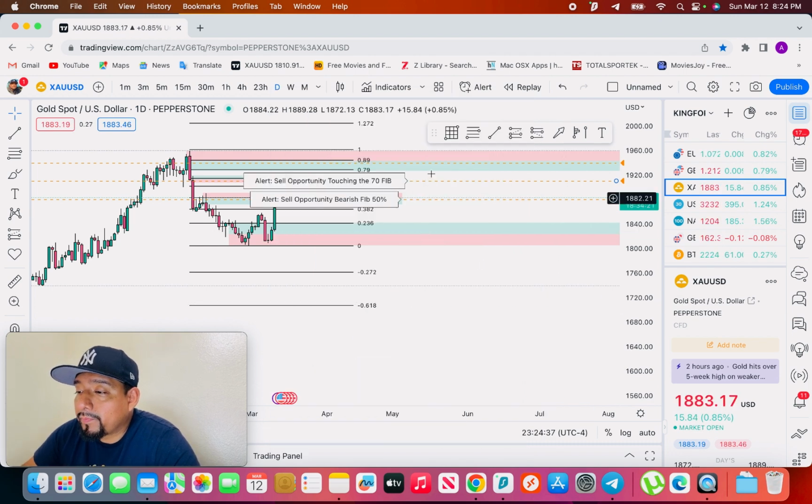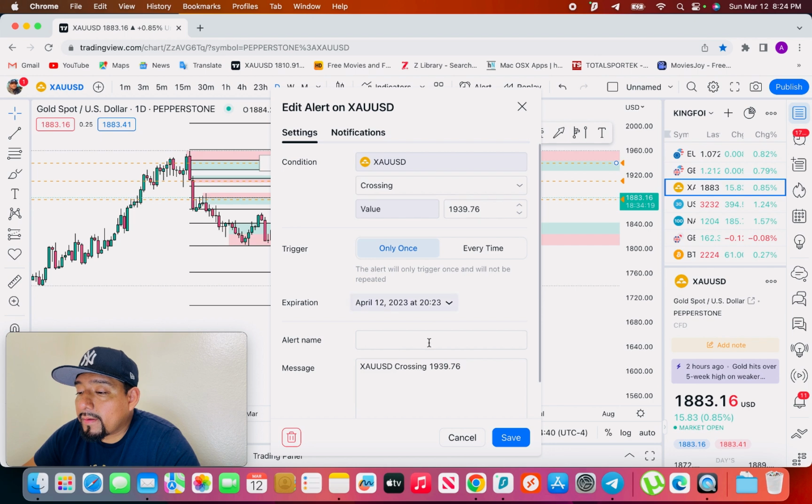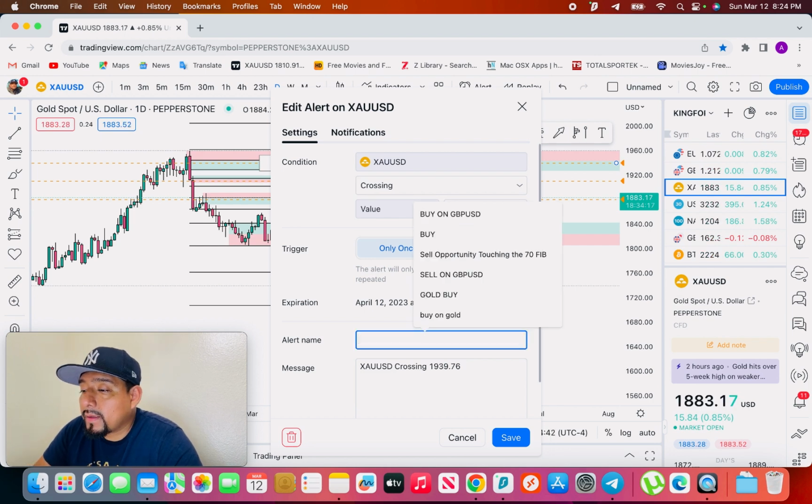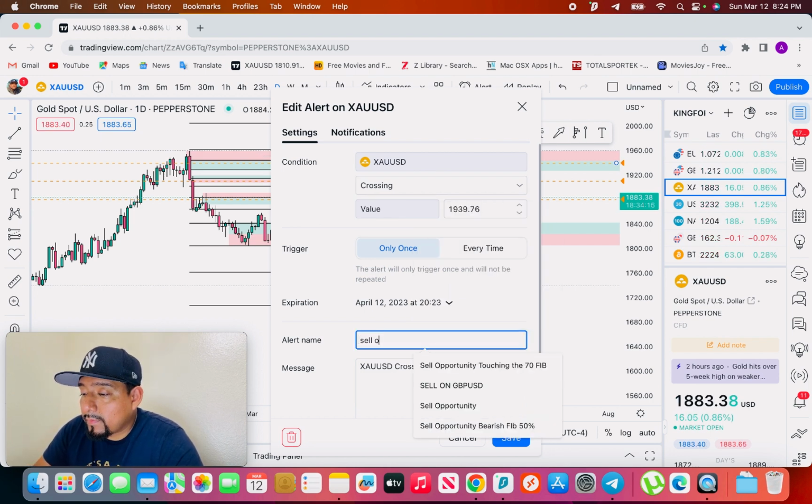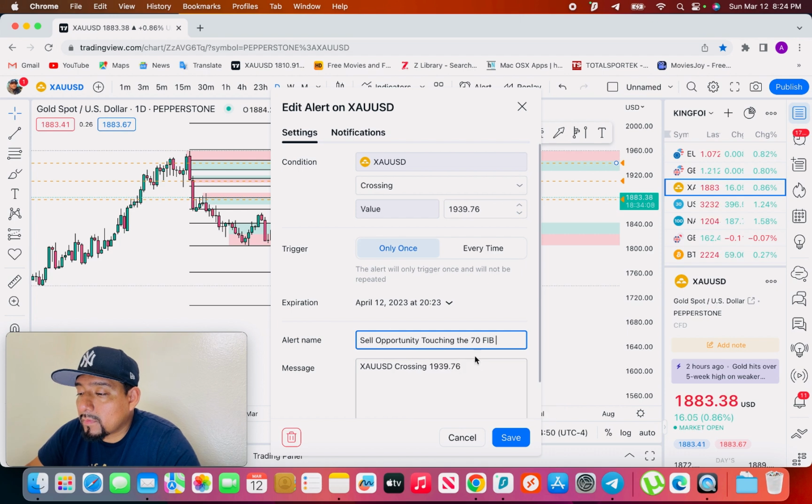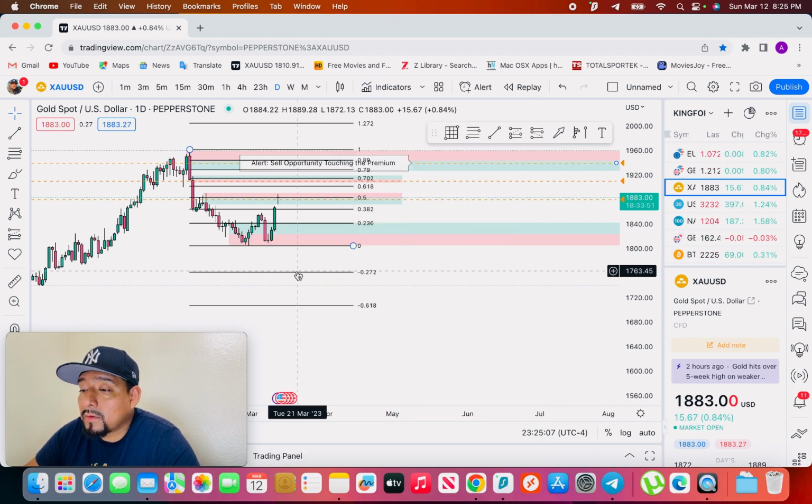Boom. Then we're gonna go right here and we're gonna put sell opportunity. Premium, which, to me, is the 89 fib. Save. So like I told you guys,